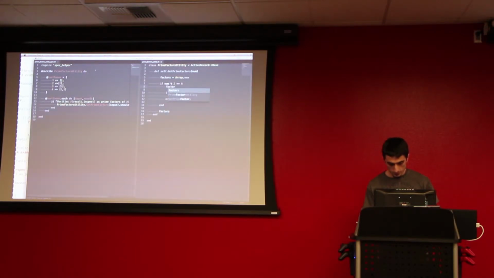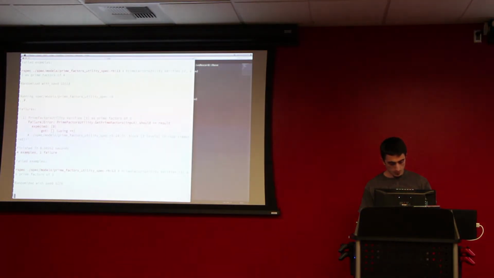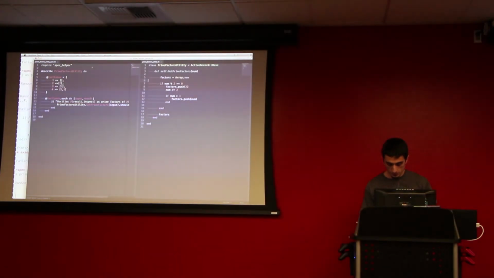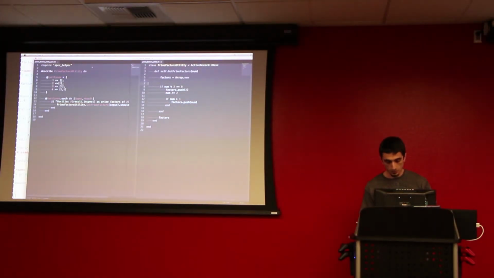If the number is divisible by 2, then we can just push 2 to result and divide by 2. So we don't know what the same values are. Fails because we don't make the assumption that we're dealing with numbers greater than 1. So